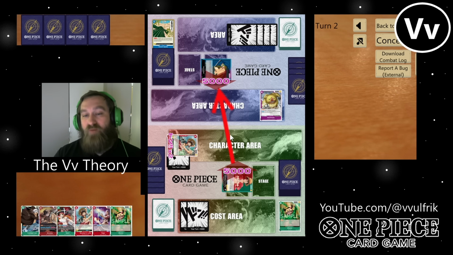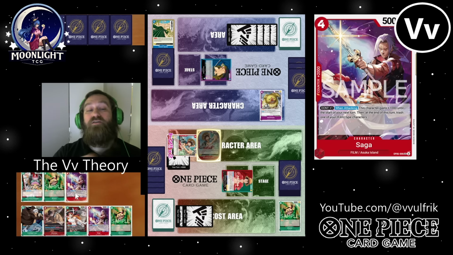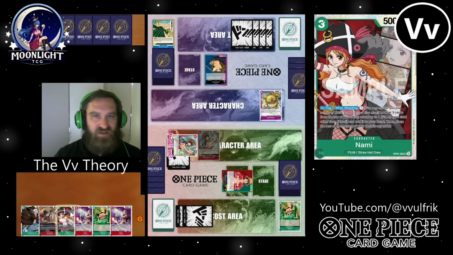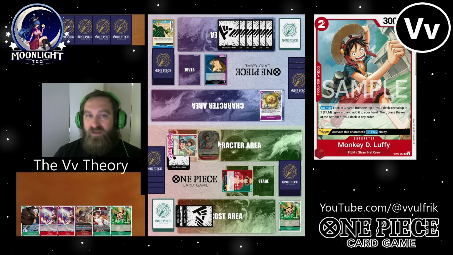I swing for 5 with my guy, swing for 5 with my Searcher, 5 with Leader, play out another Searcher. I'm just fixing my hand as best as I can, and now I've got 6 cards in hand. I actually feel a little bit vulnerable right here in case he has a Pudding, because any kind of value he gets here and he reset...